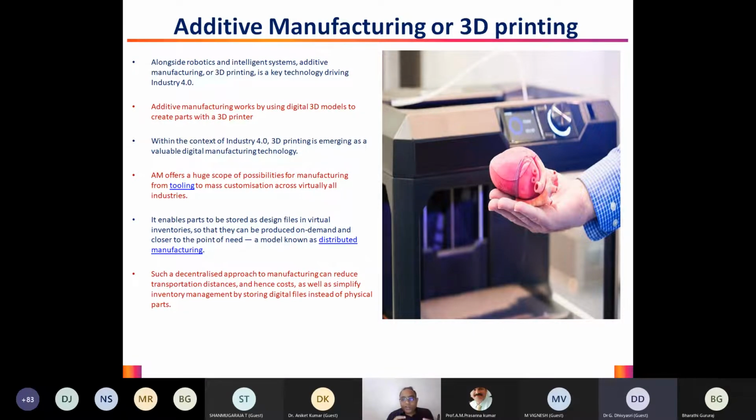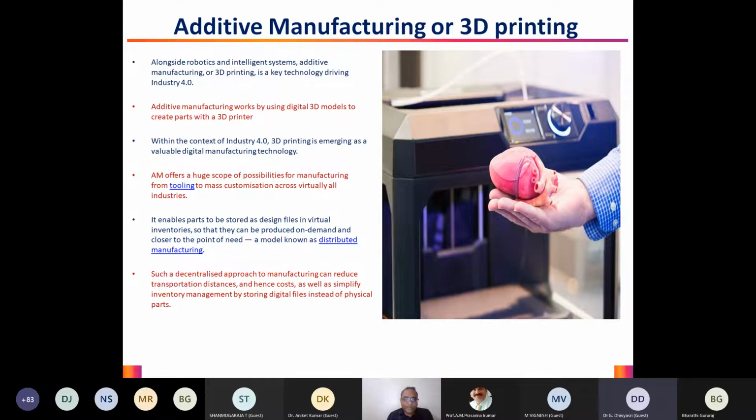You don't need to create everything at once. Only based upon the need you can engage in distributed manufacturing, right? So you can have this 3D printing anywhere in the world. You just need to send the virtual inventory file, and based upon that the models are kept ready. One of the prime uses of 3D printing these days is in healthcare, where it is being widely used. We always hear about terms like artificial hearts, artificial lungs, artificial livers, artificial kidneys. With this printing technology, we are able to create so many devices that would really help us